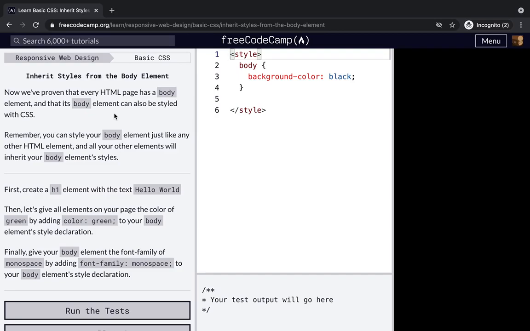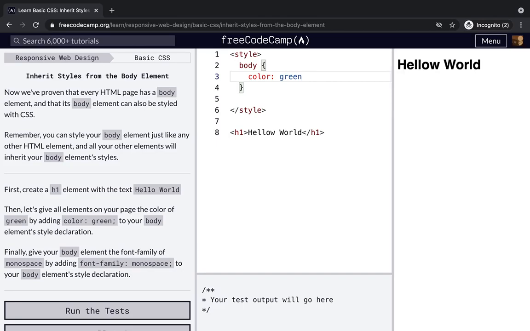First, create a h1 tag with the text hello world. So this is h1, this is hello world, and we close this one. Then let's give all elements on your page the color of green by adding color green to your body element's style declaration. Okay, so now specify the color as green,